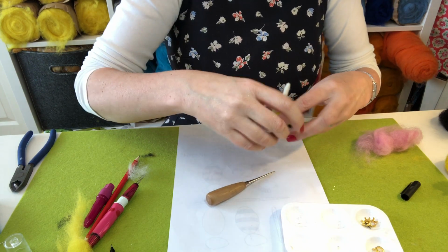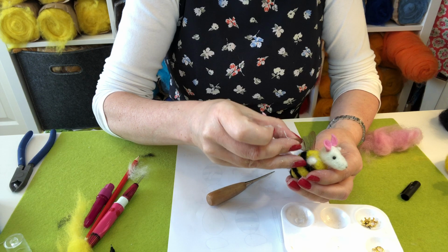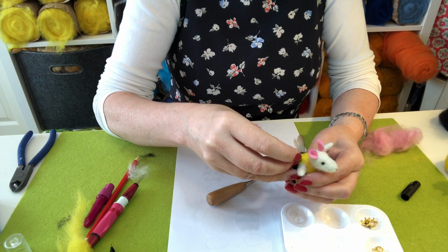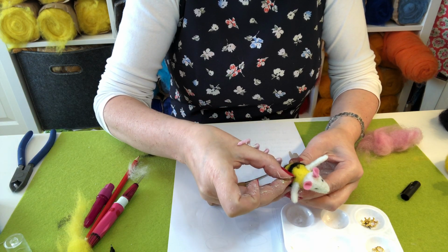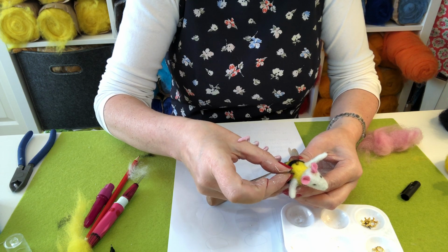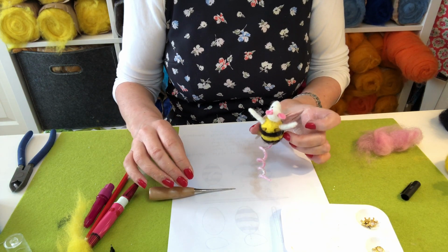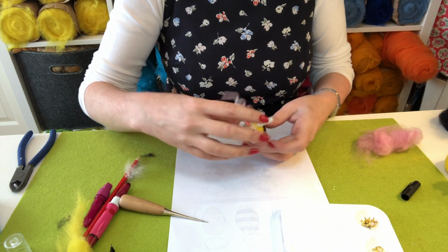I can't pick it up, I'm so covered in glue. Right, so if I'm doing that tail, push it in and just hold it down for a moment or two again, so it gets a chance to grip. You've got your wings on your little bee. So, now then,